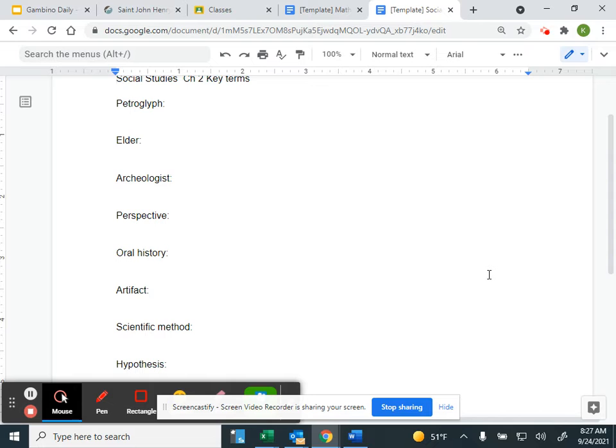So historians really look at getting all the different clues, all those different pieces to put together to learn about that life. Oral history. Izzy. The retelling of stories about other people's culture. It's that retelling of stories of things that have happened in the past, passing down those stories. So from generation to generation, you're telling those stories.